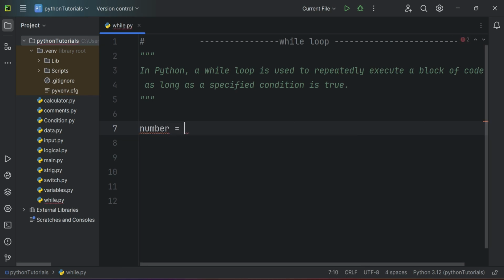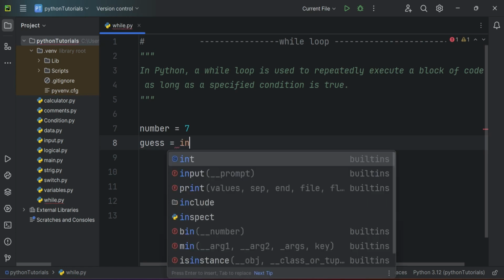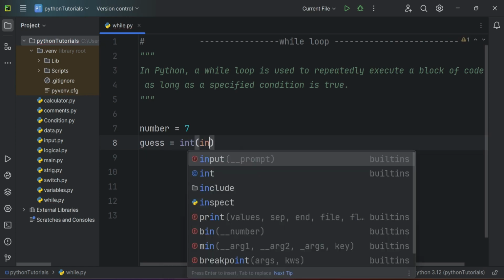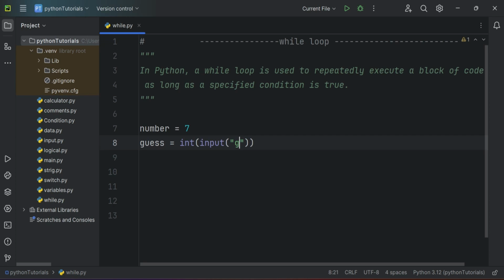equal to 7. Then I'm going to create one more variable as the input, guess equal to int(input("Guess the number")). Is the number like this. Then you need to create a loop. You type while, then the condition. Say guess is not equal to number